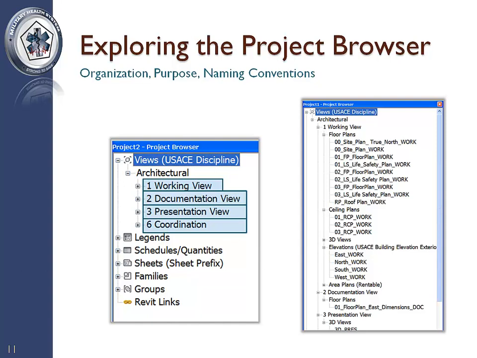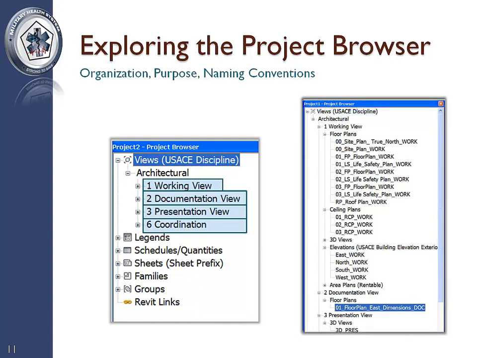The view naming strategy follows a standard detailed in the template. View names follow the following structure: floor, level, view type, region, function, view purpose. If the project is not divided by region, all is to be used. For example, a floor plan in this sample project following this format has been named 01 Floor Plan, East, Dimensions,